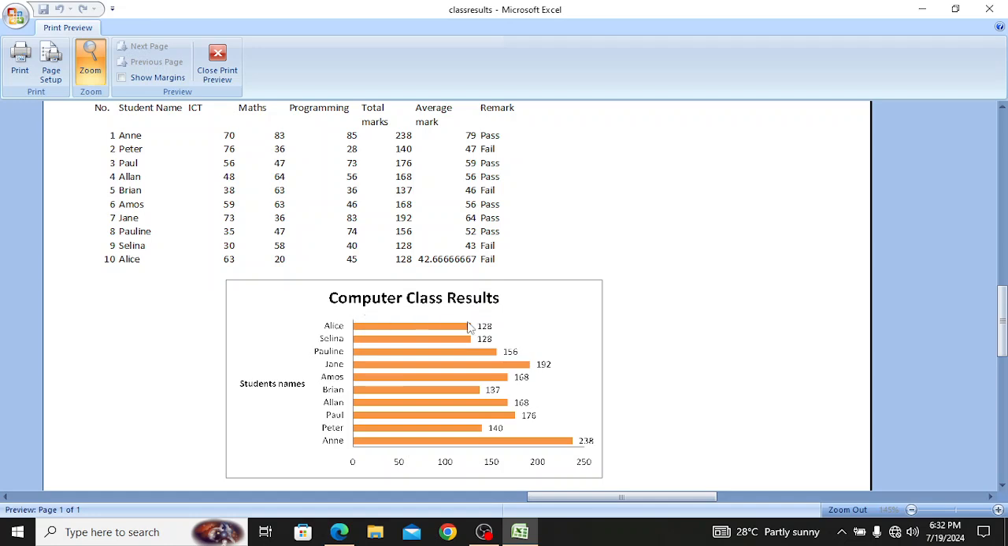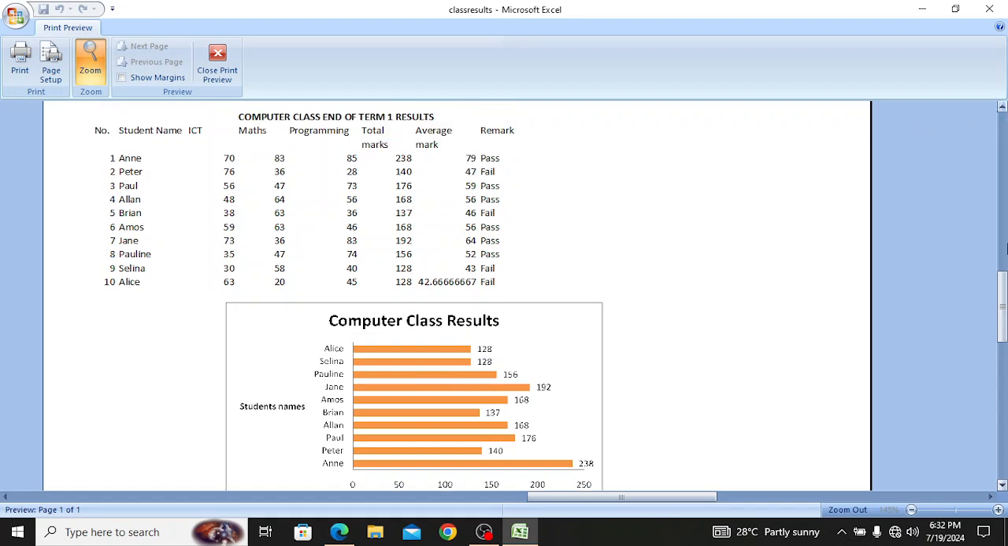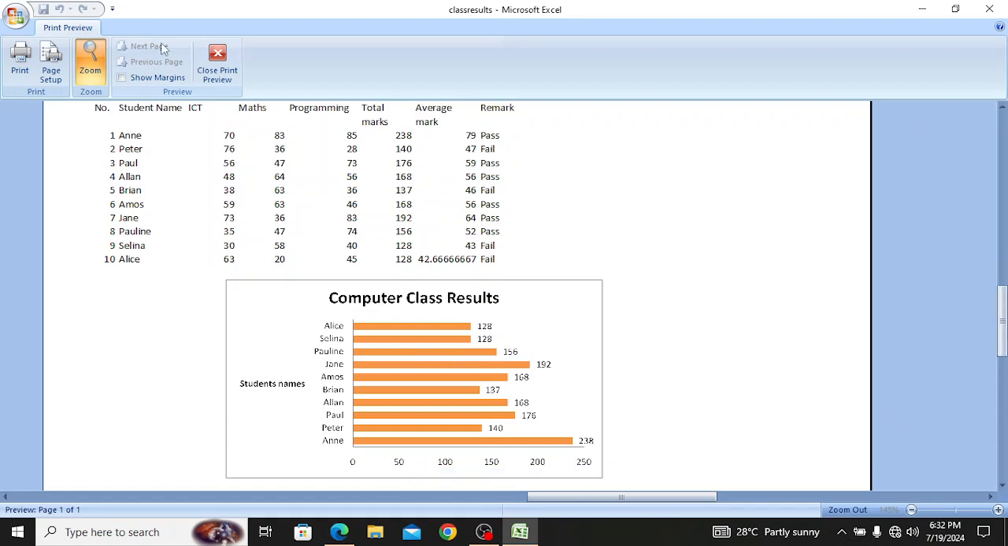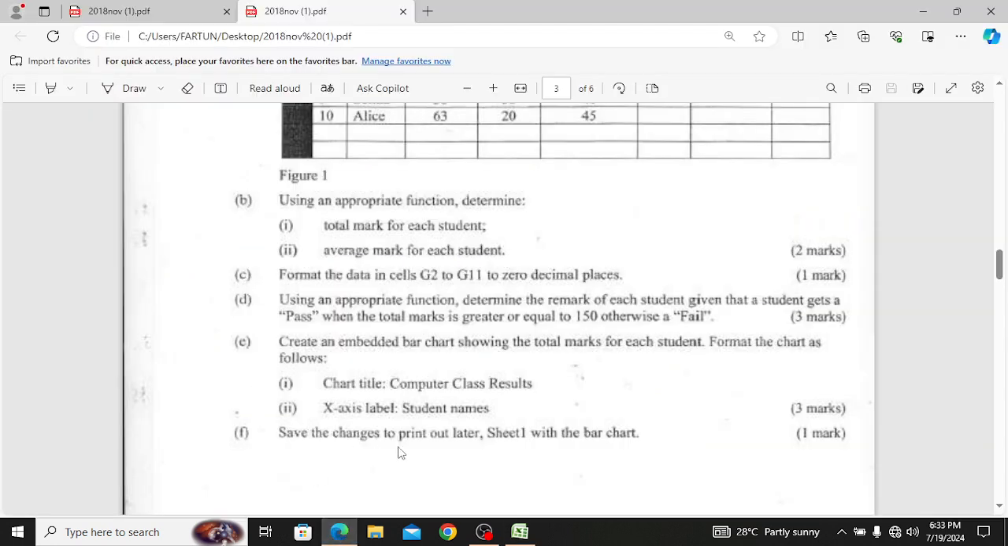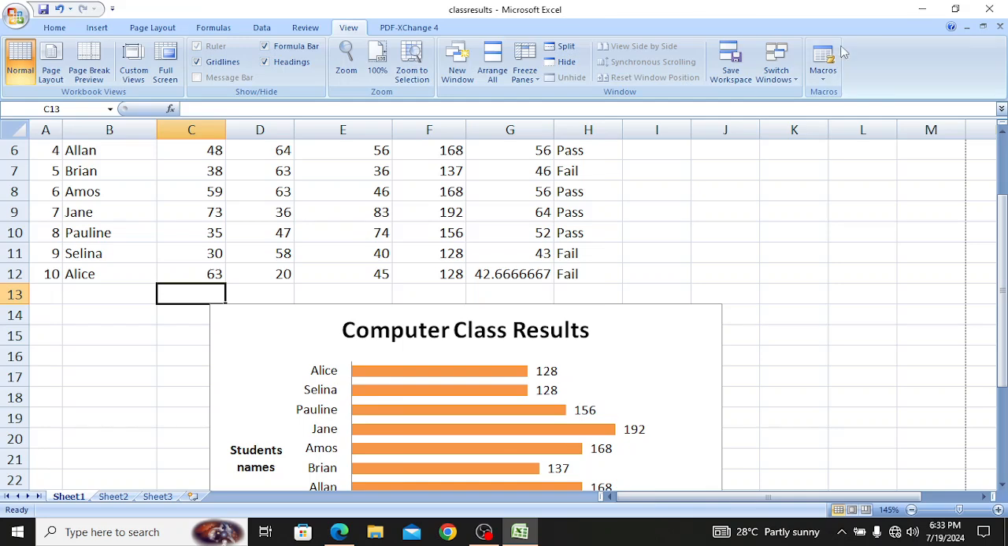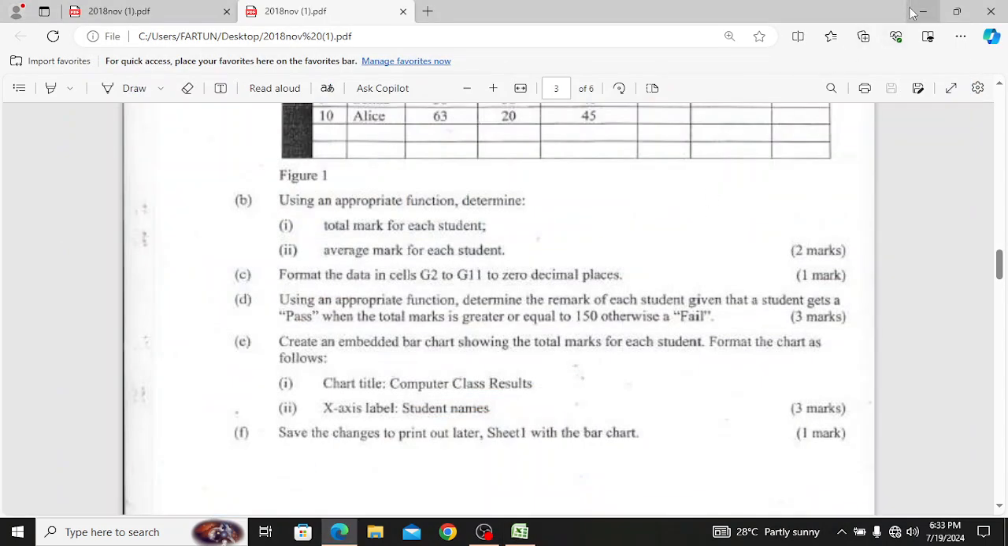So now you can see Allies ana 128 and Selina ana, I think this one ana 128 pia. So unaona, now we are done, and we have already confirmed the total marks for each student, as you can see. So inshallah we will continue with the other question papers, that is a PowerPoint presentation program, inshallah. And the last question is to save the changes to print out later, sheet 1 with a bar chart. So this one we are not connected to computer, so inshallah we will continue from where we have stopped,